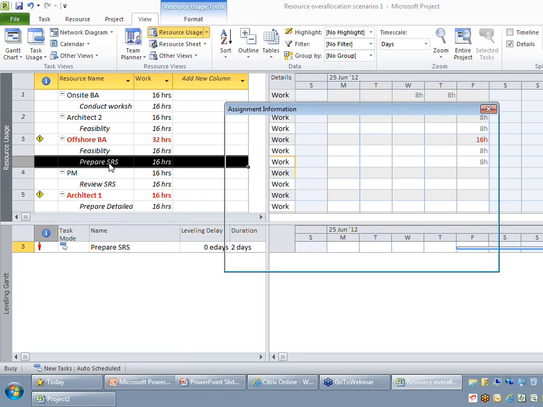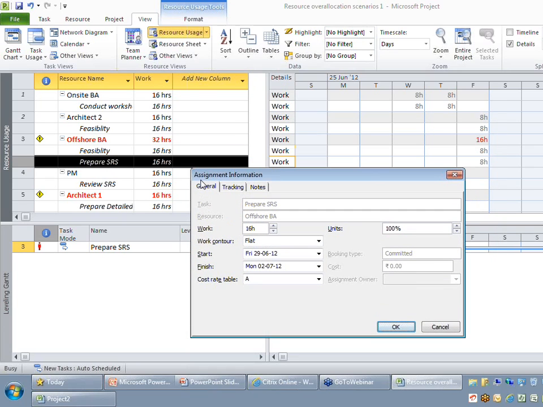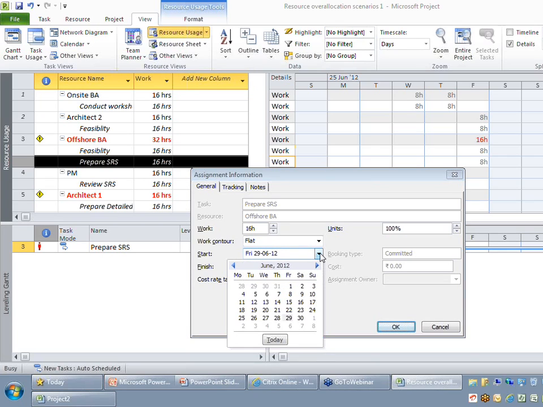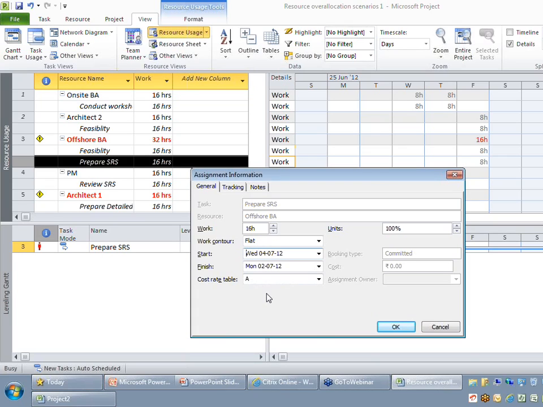I'm just double clicking that task, which opens up the assignment information of the resource, where I can say this activity will start on, let's say, July 4th. Okay, and I don't need to worry about the finish date of that task here because I'm trying to push only that particular assignment, and the finish date will get recalculated automatically.